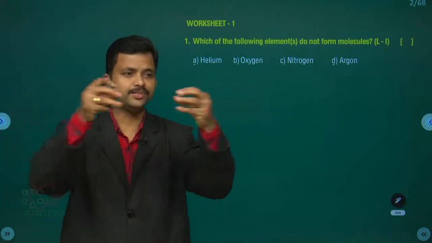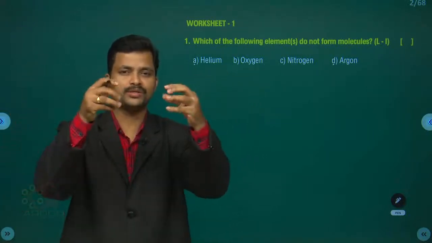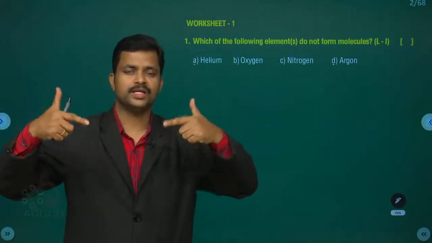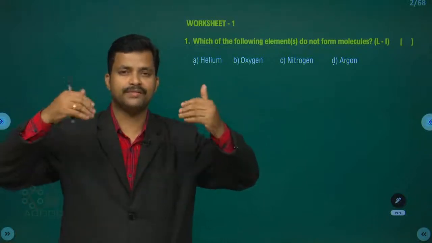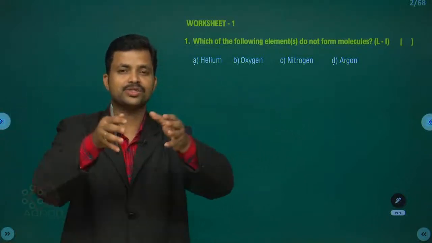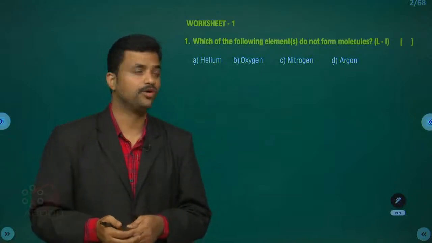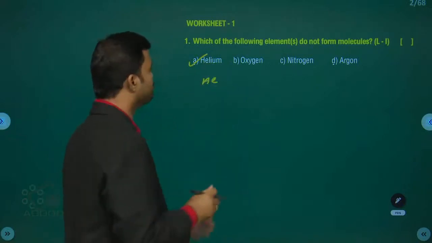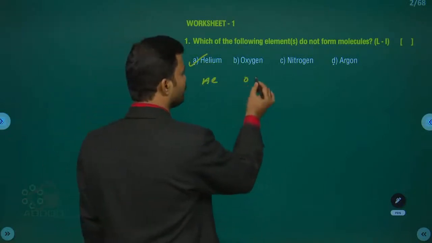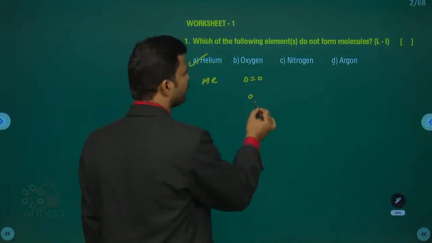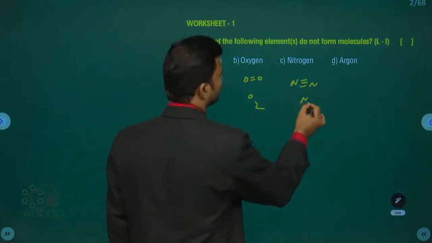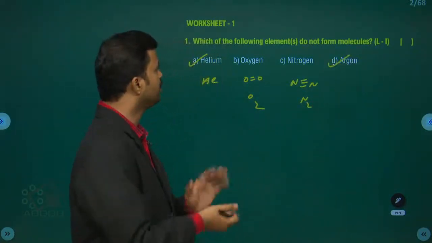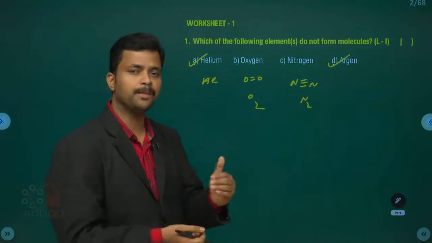When atoms are approaching together, the last orbit electrons will rearrange, they will reorganize. This reorganizing process loses energy, and that makes the stability of the molecule. So helium is the atom which doesn't participate in a molecule. Oxygen can participate in bonding to give an O2 molecule. Nitrogen will participate in bonding to give a nitrogen molecule, whereas helium and argon do not form molecules